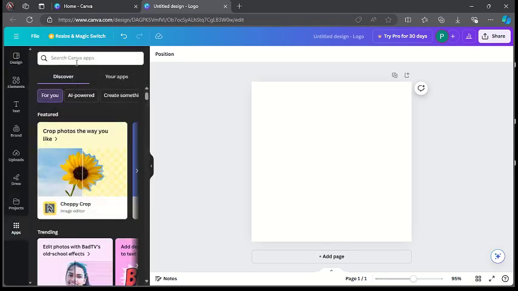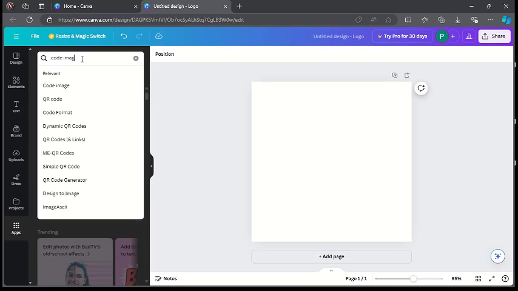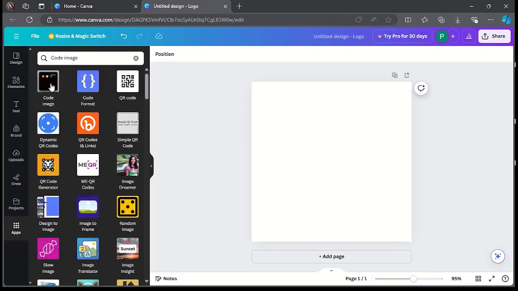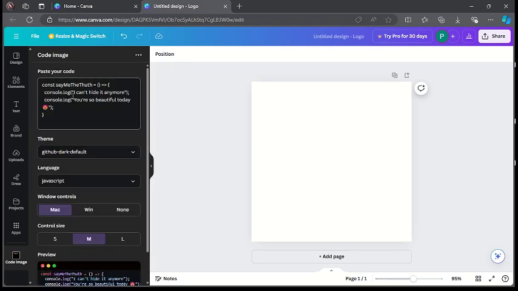Then use the search bar up here and search for code image. Is it here? Code image. You can use it. First option, code image. Then from here, in